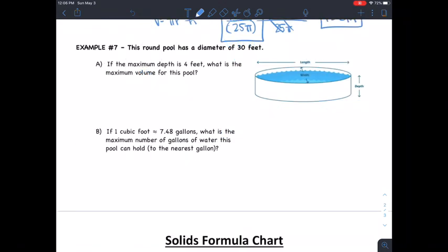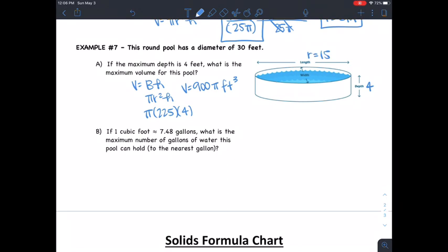All right, our last example here is a swimming pool. It tells us our max depth is 4 feet. And what is the maximum volume for this pool? It also tells us that we have a diameter of 30, so our radius is 15. So if we plug that into our area of the base times the height between the bases, I'm going to have pi r squared h. So pi times 15 squared is 225 times a height of 4. So times 4 gives me a volume of 900 pi